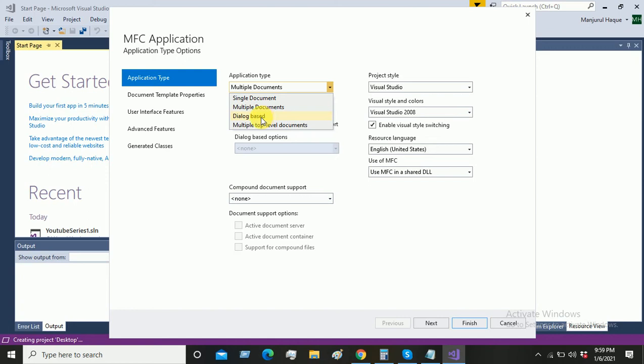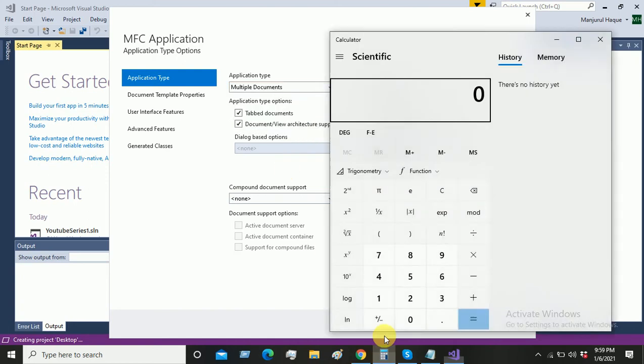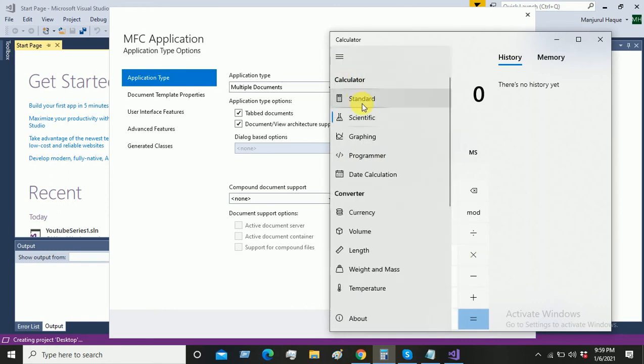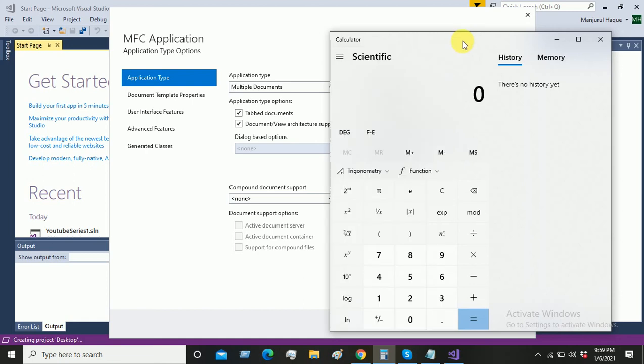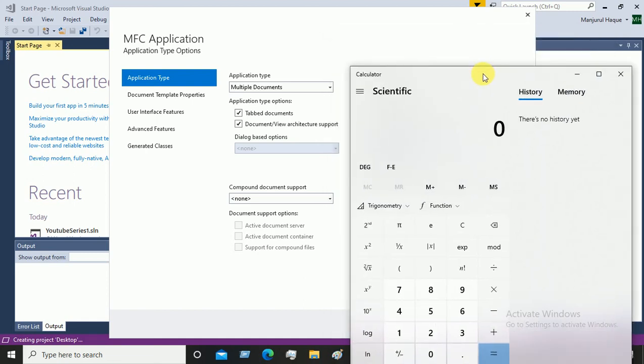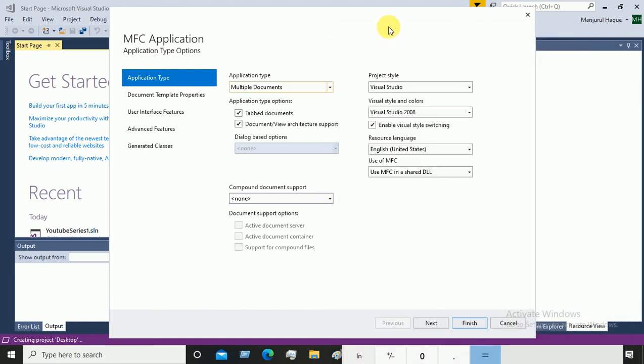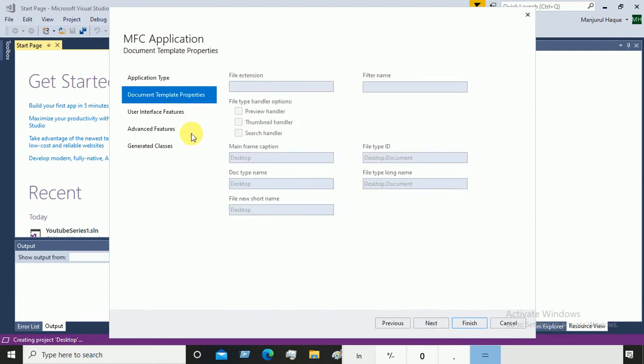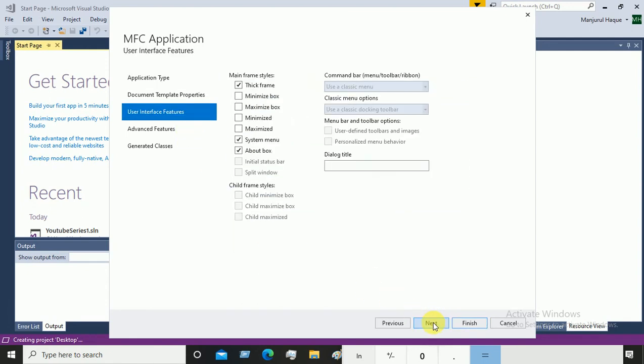Now come to the point, what is a dialog based application? Like a calculator. In a calculator there are a lot of buttons and there are tab types, and that's why it is a dialog based application. As a beginner we will start with the dialog based application. Okay, I select the dialog based application and then press the next button, and again press the next button, and